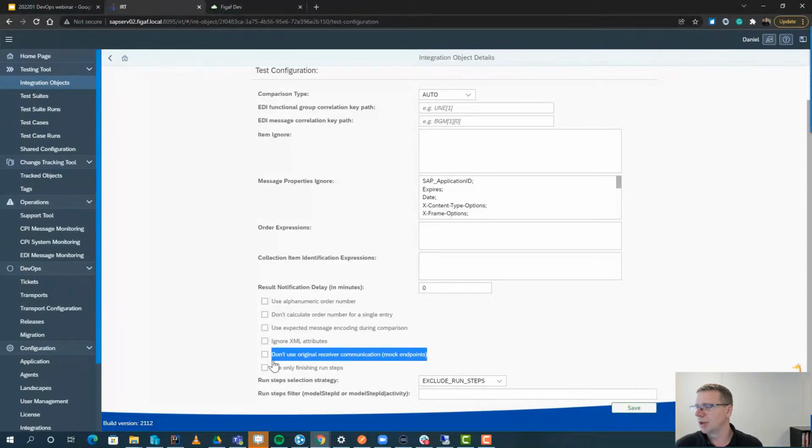One really useful thing is we have mocked endpoints, and if you have switched this on, the Figaf tool will create a copy of the iFlow and deploy it with a mock endpoint, and this endpoint would then point to the Figaf tool, and that way you would be able to test even these employee create multiple times and be sure that the data from there is correct. And the tool, if you make a modification in the iFlow, it will then deploy this as a part of